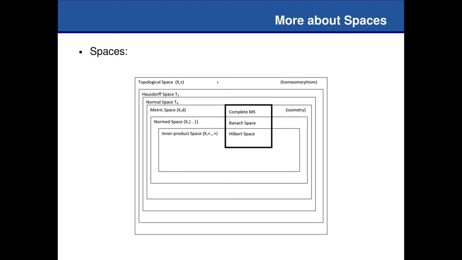To start with, mathematically, we have several spaces from the more generic ones to the more specific ones. A topological space is more generic. Afterwards, we've got the Hausdorff space, normal space, metric space, normed space, and the inner product space. Actually, when we talk about support vector machines, we are going to work on inner